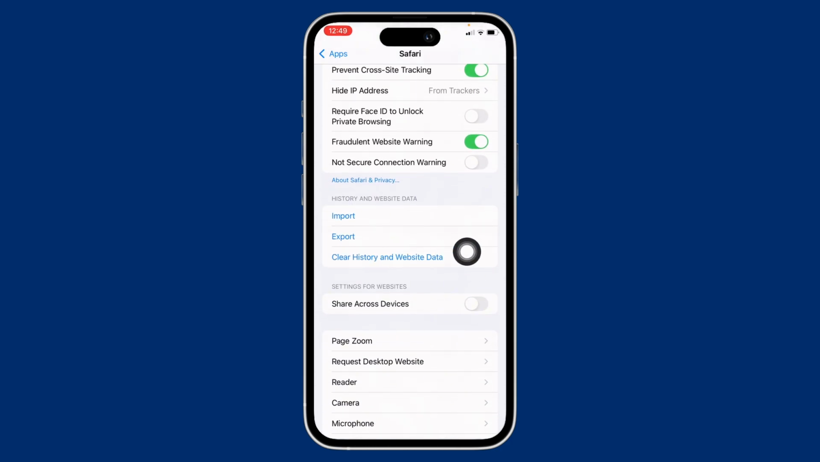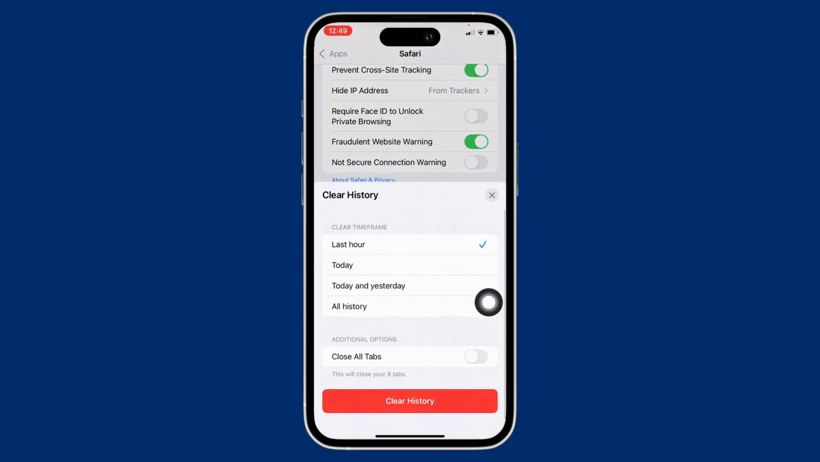So tap on the clear history and website data option you see there and select the time frame for the history that you want to delete. You can delete the history for your last hour or of today or of today and yesterday or the entire history. So go ahead and choose your preferred option and then go ahead and choose if you want to close